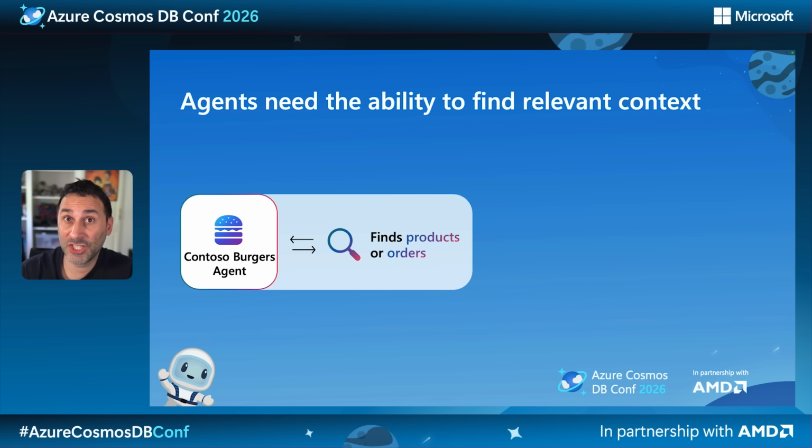Let's talk about agents. There are many potential agents that you may be building for your applications, and most of those agents need the ability to find relevant information to complete their task. For example, let's consider the agent used by Conf Burgers, a fictional restaurant. We have customers that talk to the agent when they want to buy something or consult the status of their order, and that agent needs to find products or specific orders, most likely from a database, which in our case